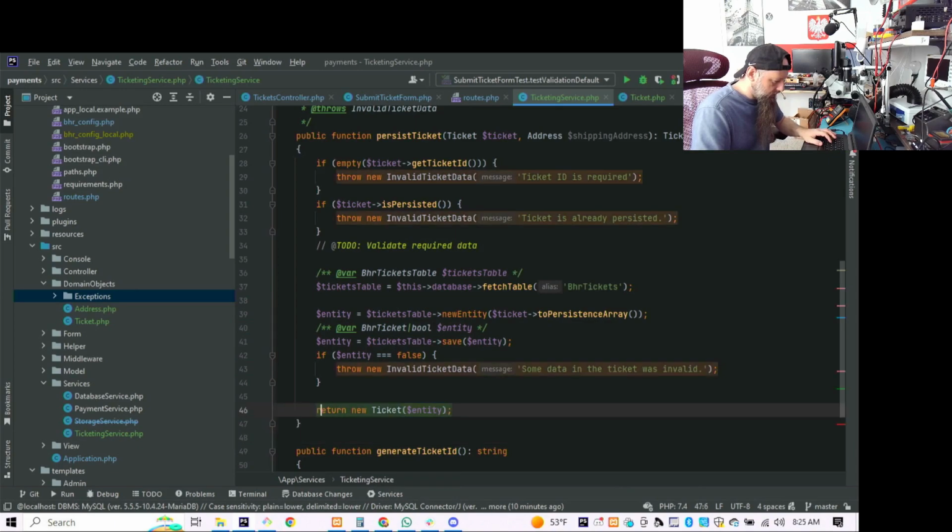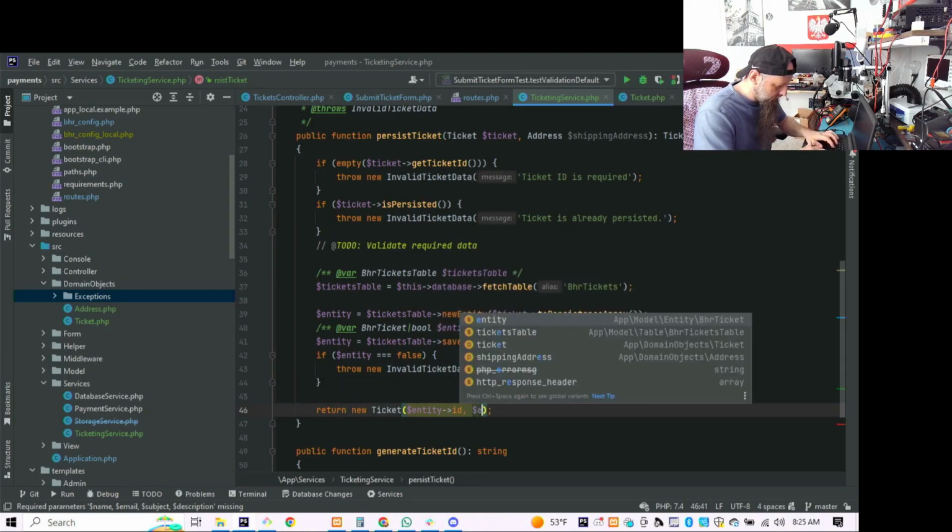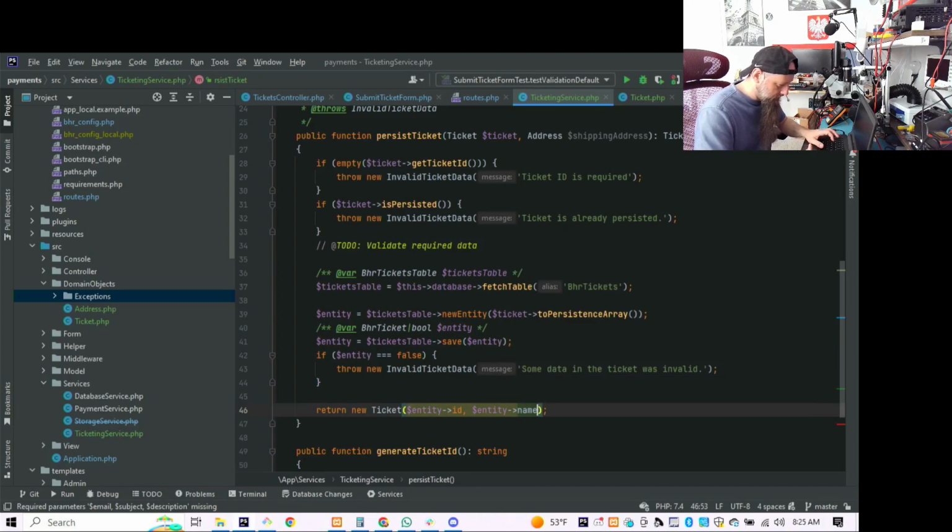Yeah. So entity ID, right? Entity name, entity email, entity subject,